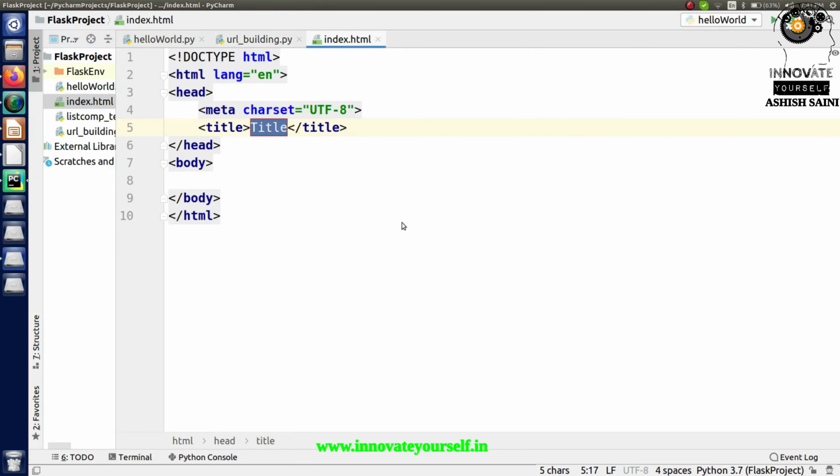Now press enter, and you will see it automatically creates a very basic HTML5 page for you. Let's give it a title, and you can write, let's say, Innovate Yourself. So this is the title.